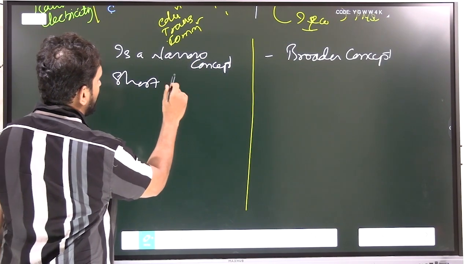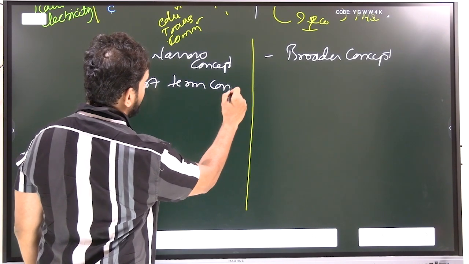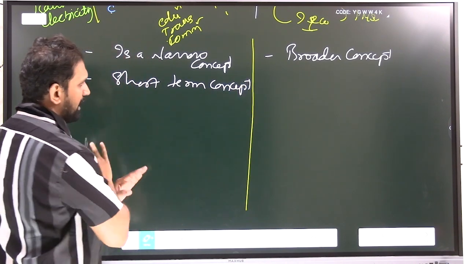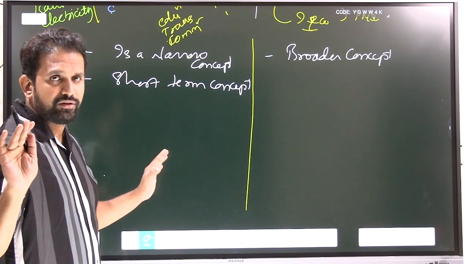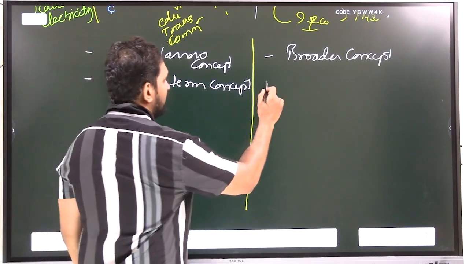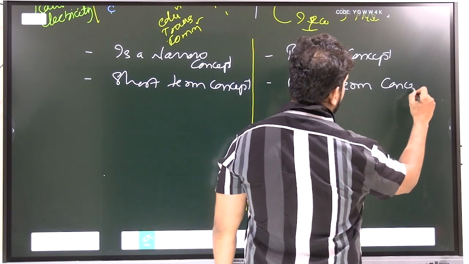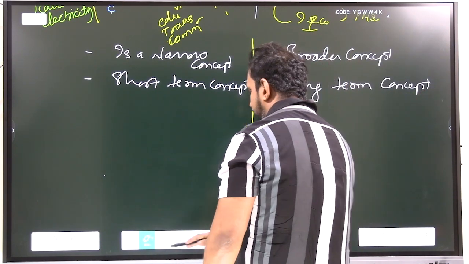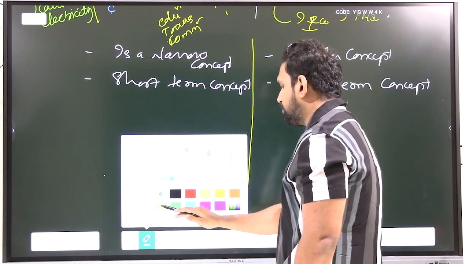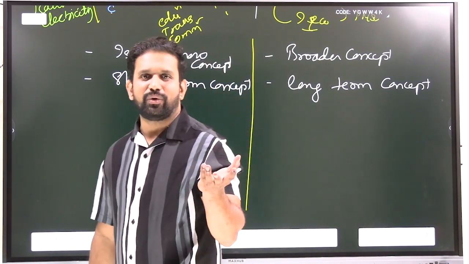Economic growth is a short-term concept. Obviously, within 1 year we will measure it and it is done. GDP is measured within 1 year, done. Whereas economic development is a long-term concept. If you want to know whether poverty decreased, whether women empowerment happened, or whether the quality of education increased, it cannot be measured in one year.